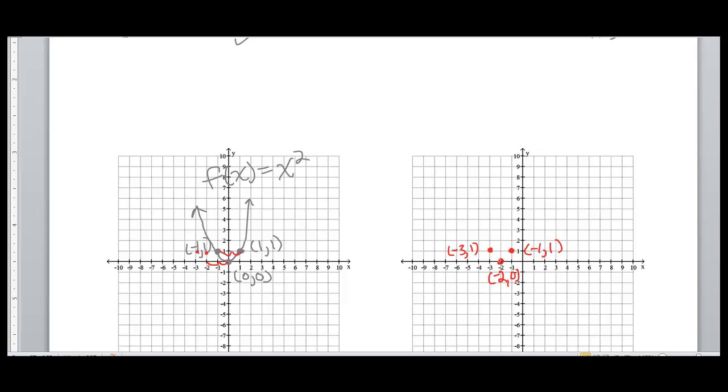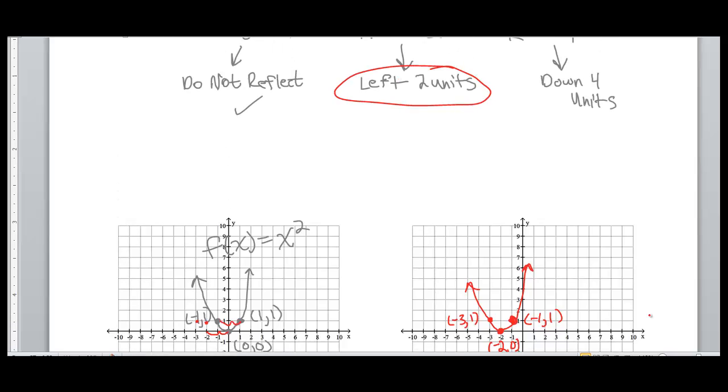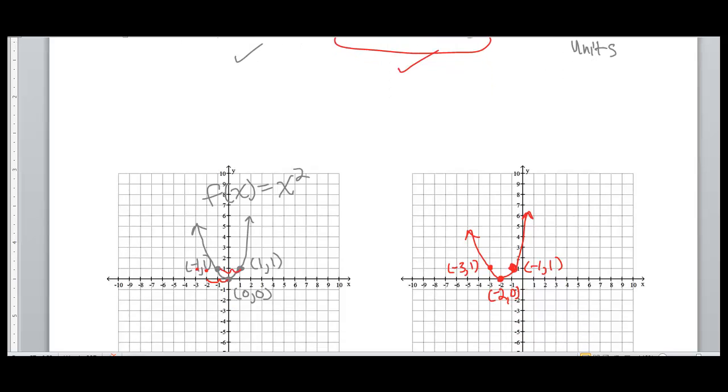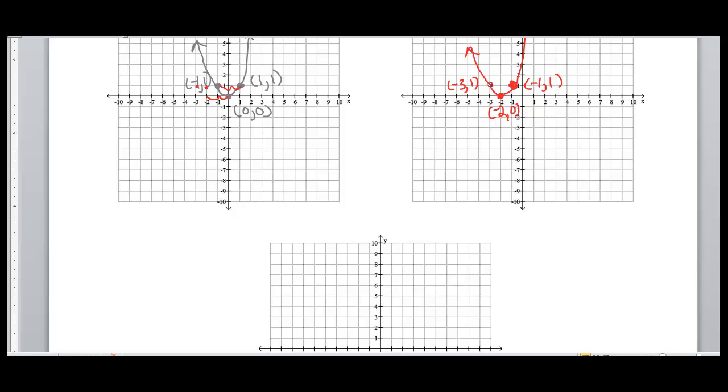And so now I can draw my parabola. A little sloppy there, but I got my points labeled so I know where it goes through. And I get a graph that looks like that. So now in red, I've done this second transformation. That one's done. Now I've got to shift everything down 4 units, going from my red graph, and that'll be my solution. So I'm going to take all of these points here and go down 4 units: 1, 2, 3, 4. And I'll be here at the point